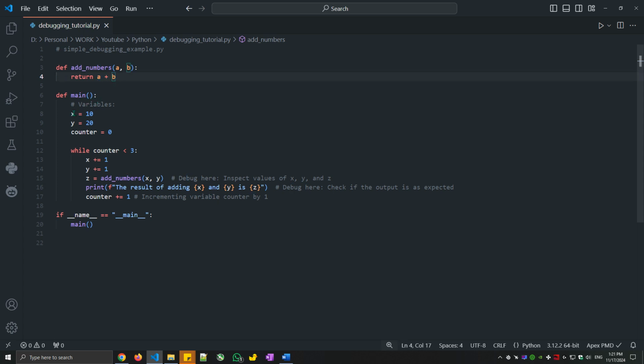The main function here is simply assigning x, y, and counter variables. The x is at 10, y is at 20, and the counter is at 0. And then we're going to use a while loop here to check as long as counter is less than 3, we will take x, add 1 to it, and take y, add 1 to it, and then z here